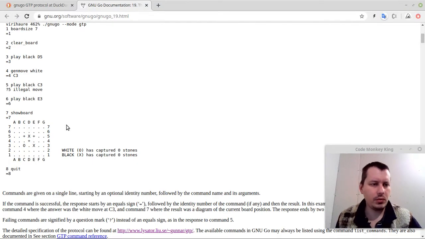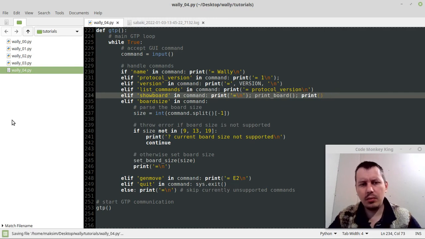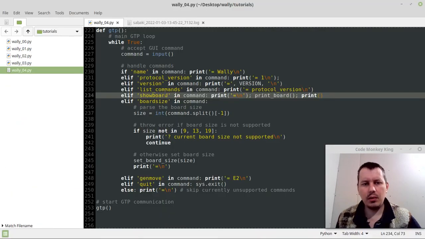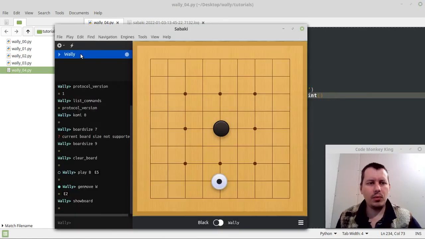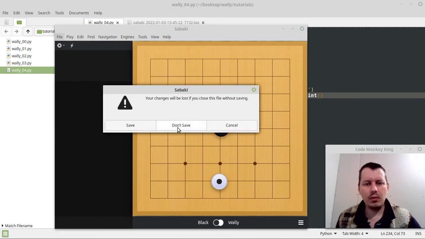So what I need to do? So first print like this, then print board, and then I'm not sure, but probably we need to have, or yeah, maybe just a single new line, yeah, this should be fine. Okay, print board, so it should be printing the board. Okay, let's stop, detach, clear console, new game, don't save,